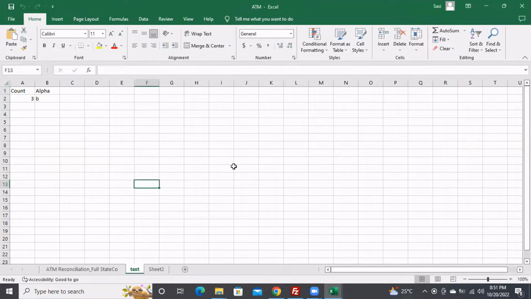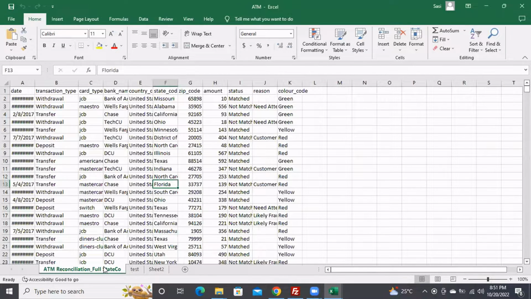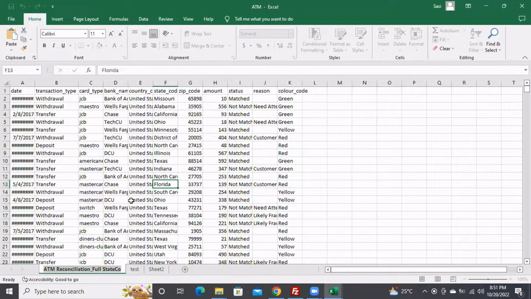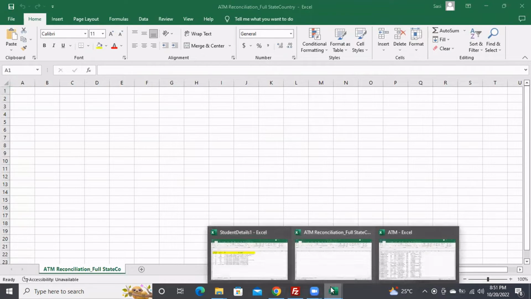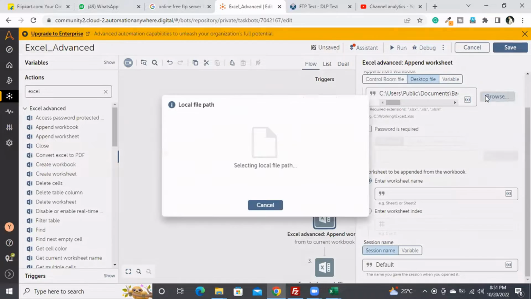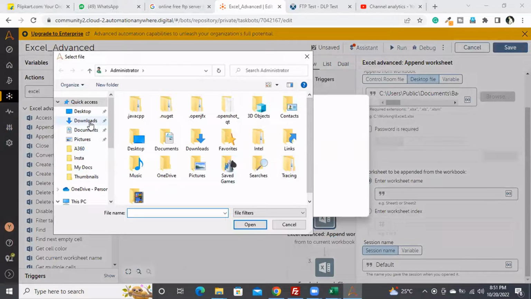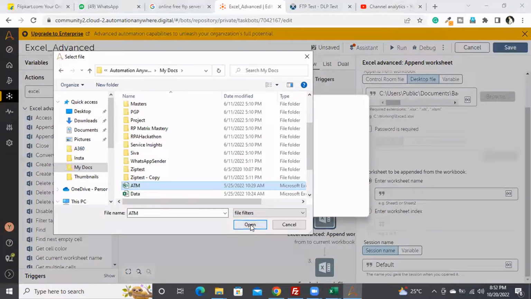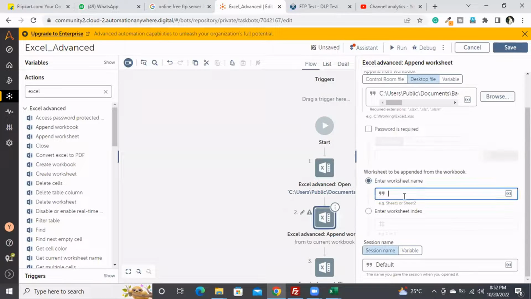Opening here, ATM reconciliation data. Okay, let me copy this sheet name. I'll show you another example. Here I'll be taking the ATM file as the Excel file, and from this particular Excel file, I want to append this particular sheet with my student details. And here I need to define